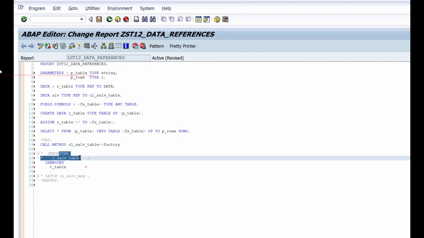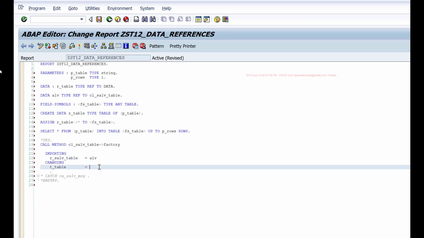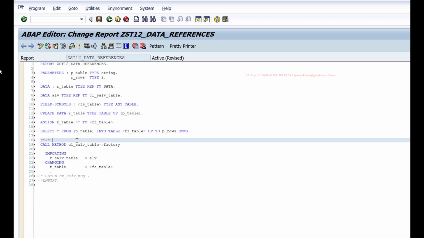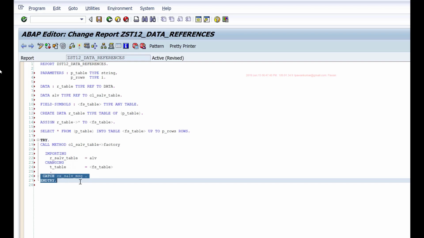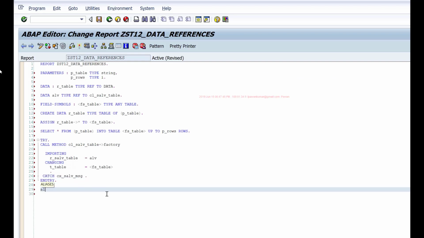We will import the ALV object. So I'll say alv, and then I'll pass this fs_table. We'll enable this, and then once I have that, all I have to do is call the display method on alv. That's it. By just writing this 29 lines of code,